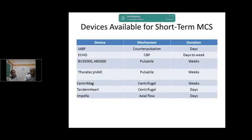Now, these devices which are available have been used for short term and long term. Traditionally, when it started, there were 3 generations of these devices. The first generation had a lot of limitations. The second generation was an improvement. The third generation became more refined. Now, these devices include IABP, ECMO, and biventricular devices such as the AB5000, Thoratec PVAD, and